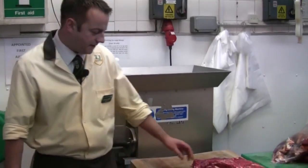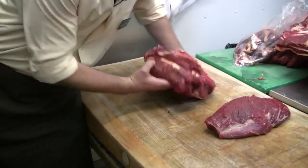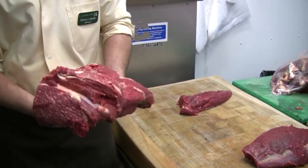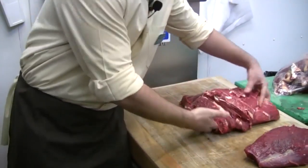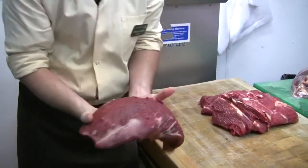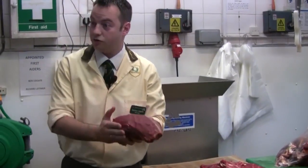Normally found in beef mince, we'd use, say, something like this, which are 3 muscles from the shoulder. They can either be used for things like casseroling or stews. Alternatively, they make great mince. There's a little bit of fat on them, but not too much. And as you can see, they're just big pieces of prime meat that's going to go through the mincer and